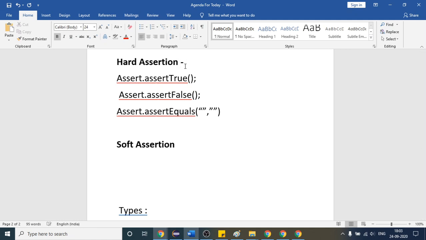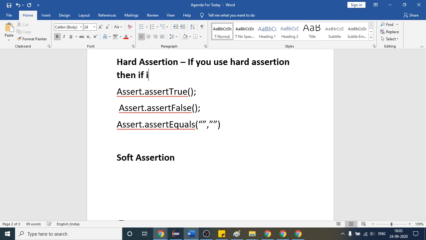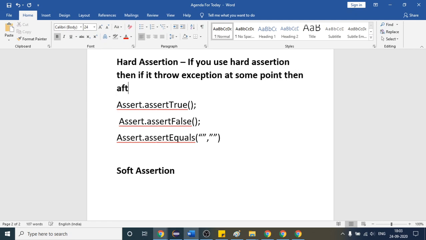If you use hard assertion, then if it throws an exception at some point, after that the rest of your code does not execute, right?